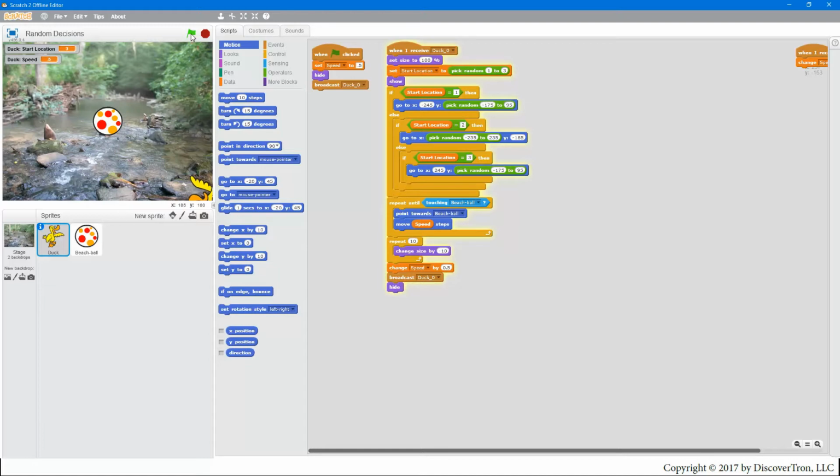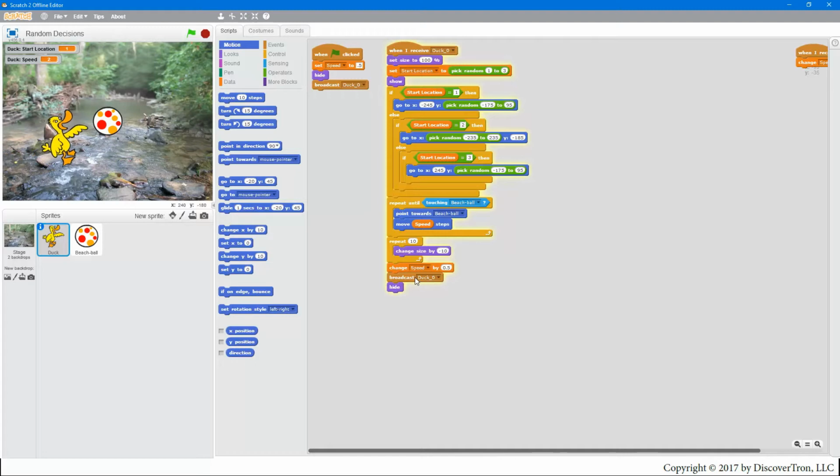The value of steps is set to 0.5 at the very beginning. You can see it right up here. Okay, it's very, very slow. What happens is once we touch the beach ball, we come down here and we change its size by negative 10, which causes it to shrink and disappear off the screen. Then we increase the speed by a positive 0.5, and then right here, this is kind of a little bit